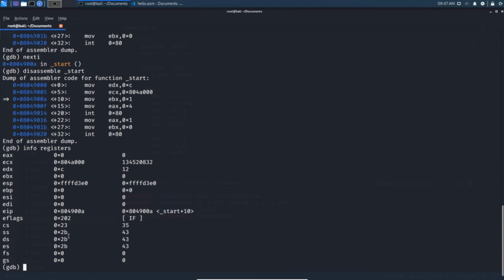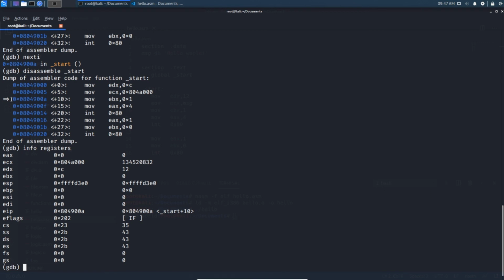And this is how we disassemble and debug an x86 assembly program using the GDB debugger. And you can search about the PEDA plugin for GDB, there will be some tutorials on the internet, and you can download that PEDA plugin. PEDA plugin is nothing but an extension of GDB.